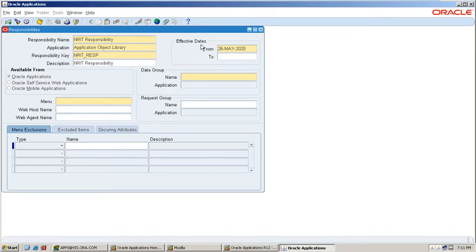Next, if you go to the right side, effective dates, the date range during which the user can access this responsibility. Based on from means from 26 May 2020 he is able to access this responsibility.